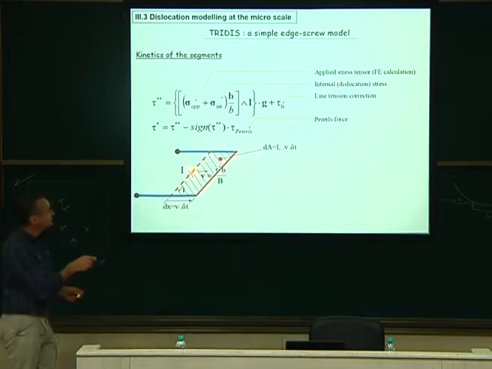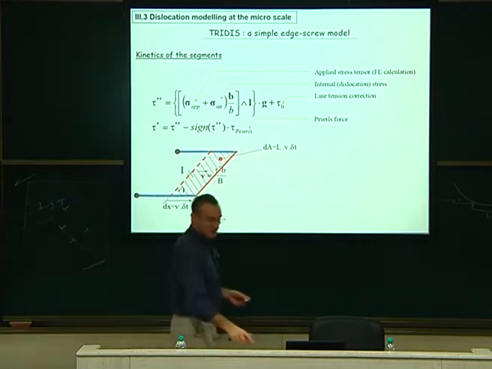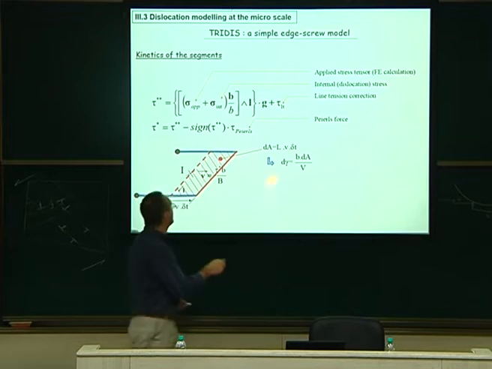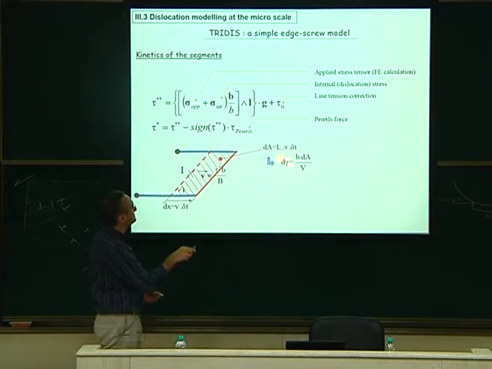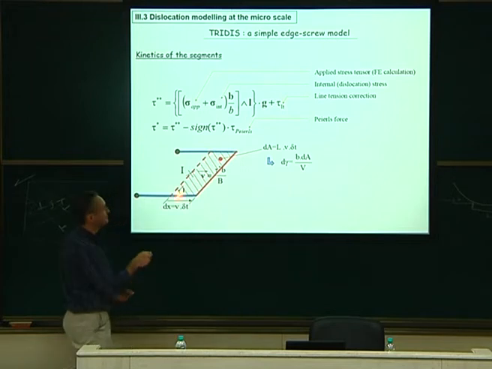Now, out of that, the dislocation can move. When it moves, the length L moves at a velocity v. It will move by v dt, like that, v dt. So it will sweep that area here. That area will be L v dt. L v dt is dA, like that. This L v dt is exactly equal to the gamma. Now the shear strain induced by this, the gamma, will be equal to b times this area divided by the volume. This is my shear strain.